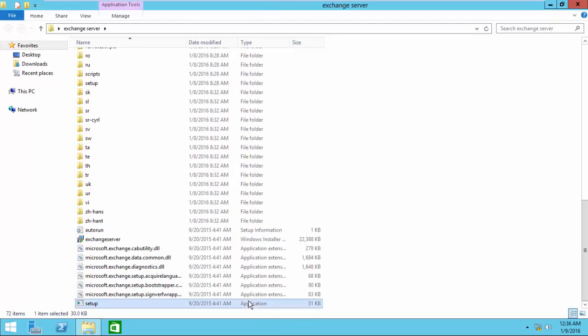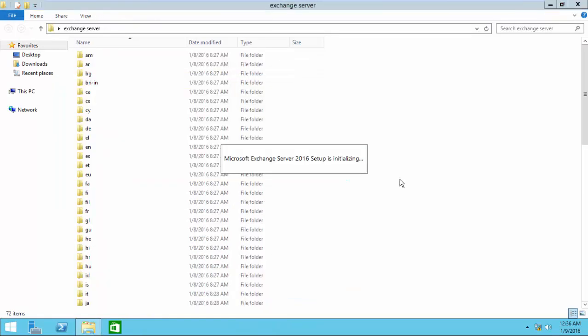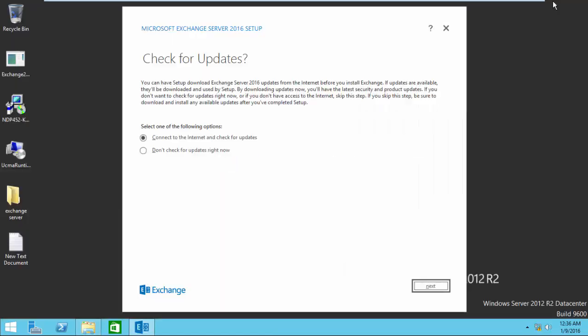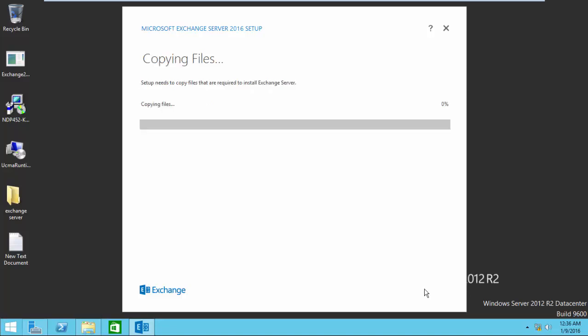Click on the Exchange setup exe file. So here we don't check for updates now. Next. Yeah, it will copy all the required files into memory.